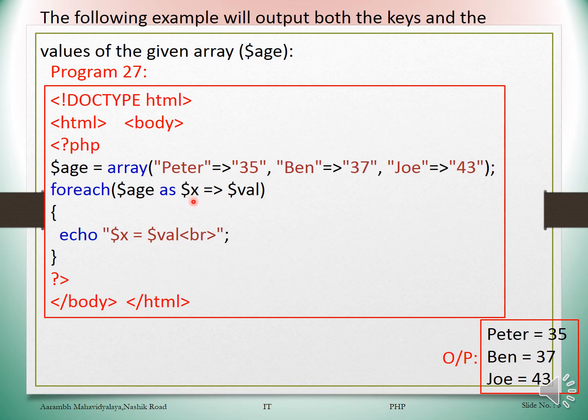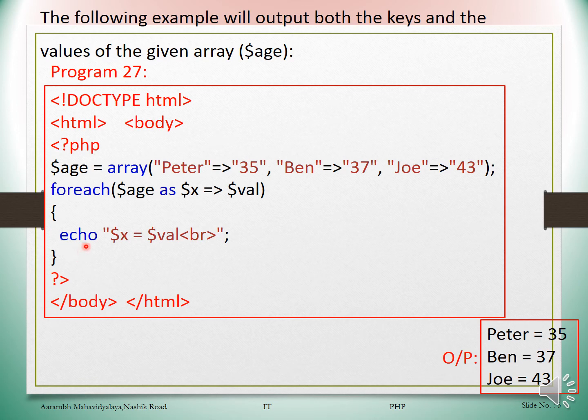Now here we used one more variable as x. Whatever the different values are stored in variable age, all those values will get transferred into this x. Due to this, what will happen? Here instead of using age we have to use echo $x, as values of age are stored in x, and these elements will be stored now in x.